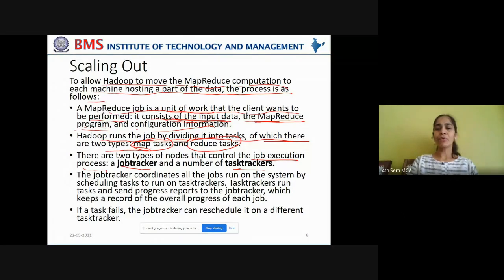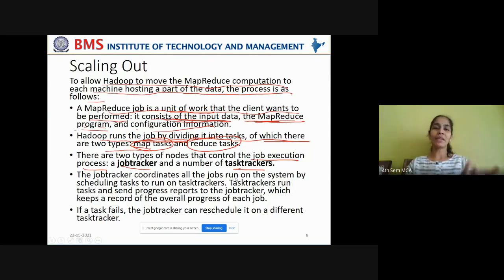There are two types of nodes that control the job execution process. In order to make the job execution reliable and fault tolerant, and to coordinate between a number of map reduce tasks, there is a leader which will monitor this entire job: the job tracker. These tasks are delegated to the task trackers by the job tracker.